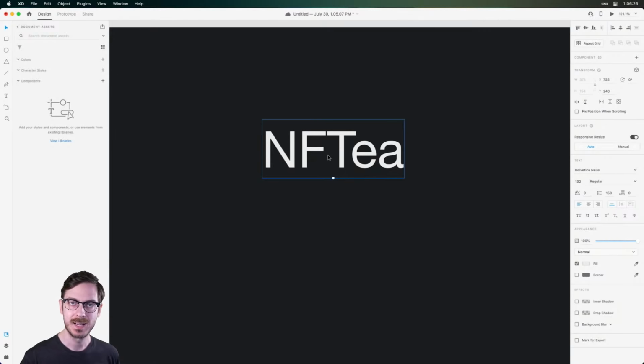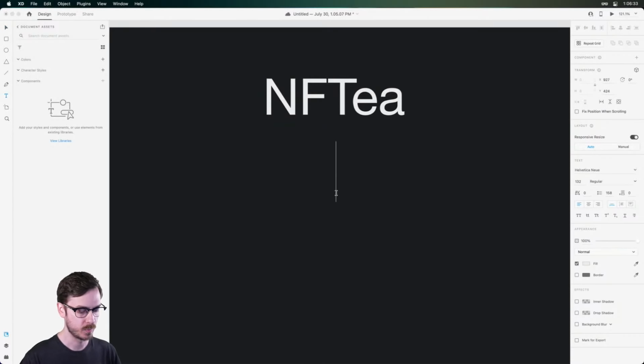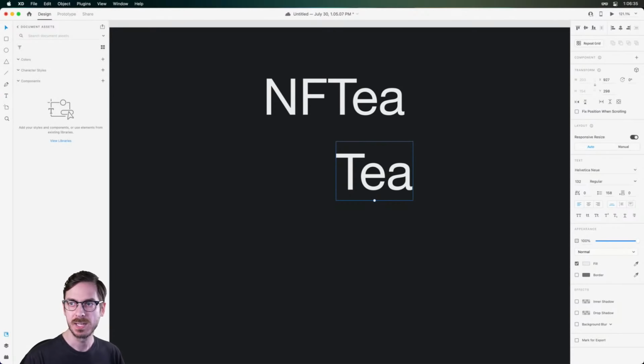But I want to style it up a little bit. I want to have some fun with this logo. So it's going to be separated into a few parts. I'm going to start with the word tea. And I'm thinking for the text on the word tea, you might want to go a little bit more stylistic. So something like